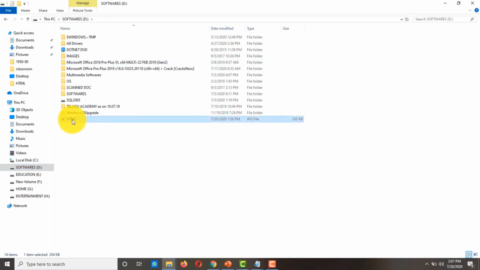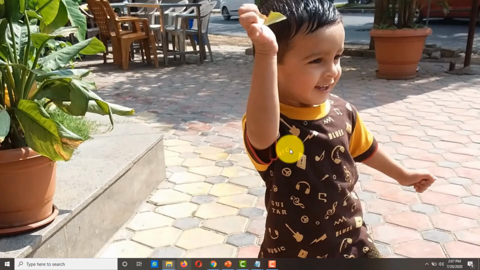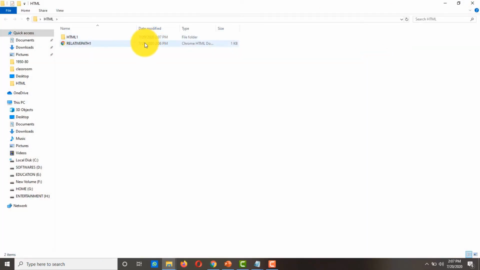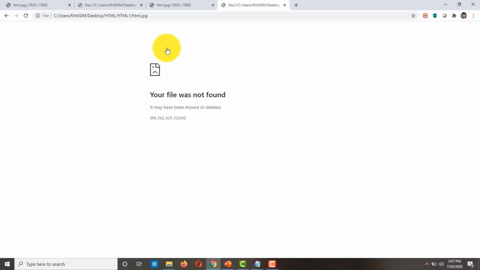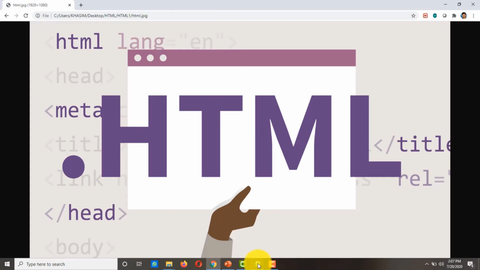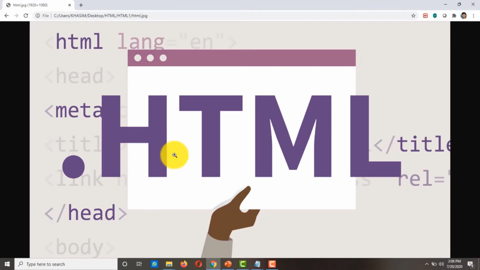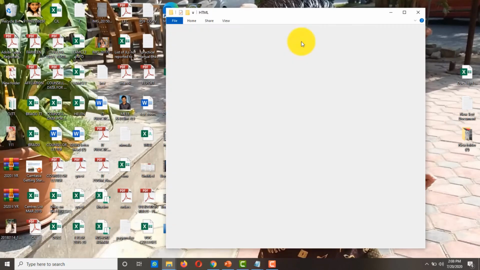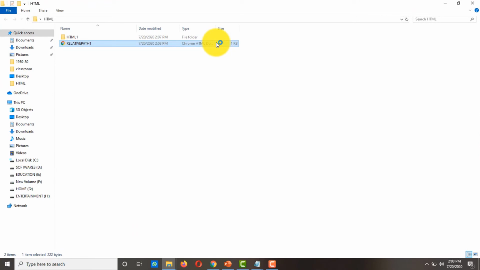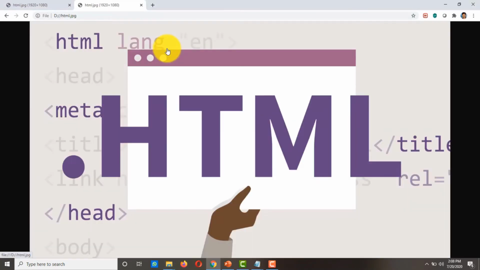See, the HTML.jpg image is located in the D drive. If you open any one of these, you cannot get the output. For this you have to change the location, that is, you have to add the directory location. What is the directory? D drive. How to write it? D:/. This is your directory name. Now open your file, click on this link, and you will get the output.